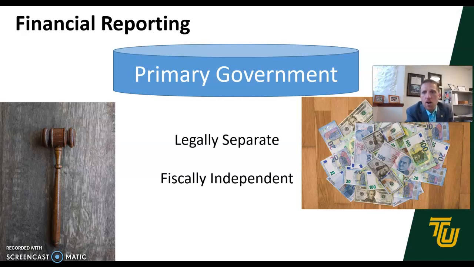To start with, things around financial reporting. In the textbook, you're going to read and learn about the primary government and associations that are made between other units within that government, almost like sibling organizations. What's important to understand, and I just wanted to add some more color to it for you guys, is legally separate and fiscally independent. So when we have those situations, that's unique.